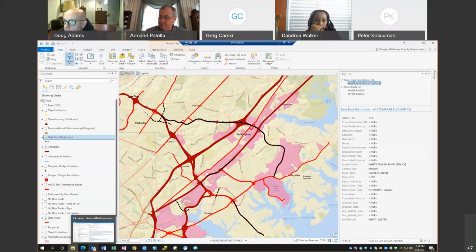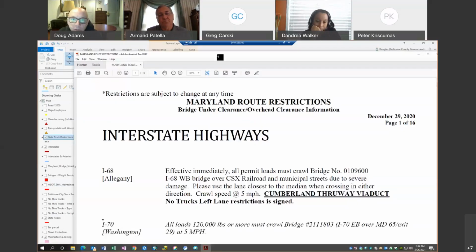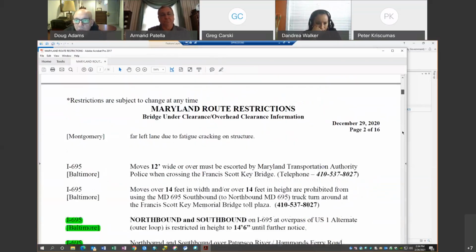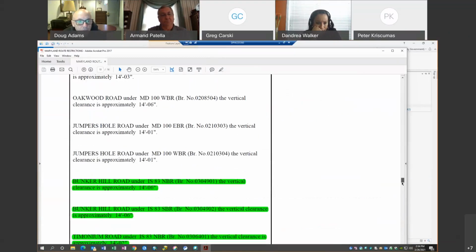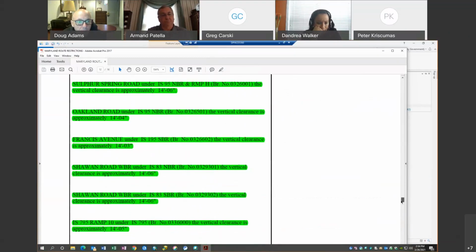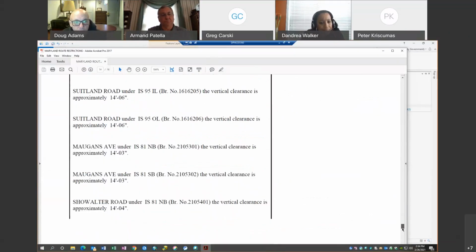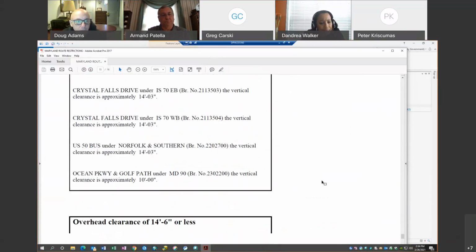You're not seeing what I'm doing on my other screen, so I'm going after the source material for that. And so here's that document, and it's pretty far down in this document. All the green ones are all the vertical clearance roads. So you can see there's a lot of them in the state.